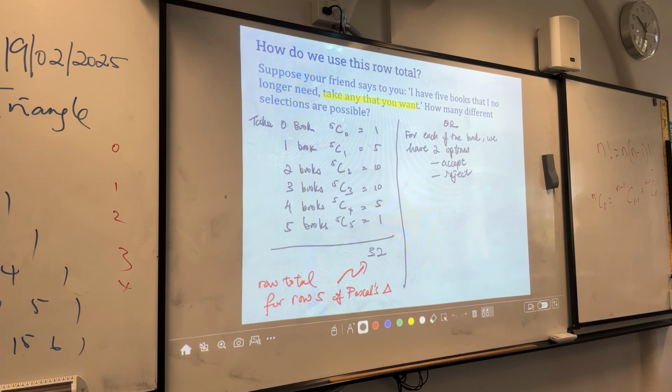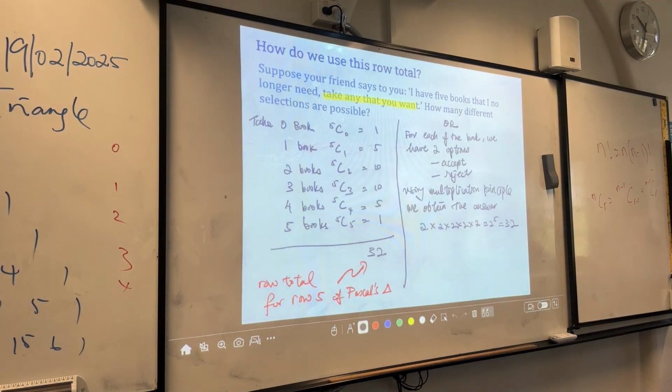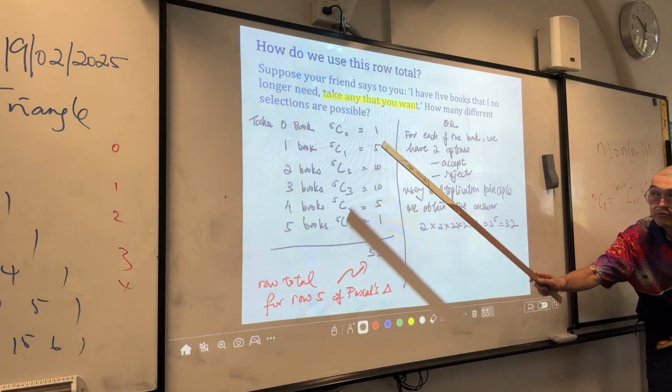That's all. There's no other option. So, using the multiplicative principle, we obtain the answer 2 times 2 times 2 times 2 times 2. Because for book 1, I pick it or not. Book 2, pick it or not. Book 3, I pick it or not. So it's accept or reject, accept or reject. So again, it is 32. So therefore, you can see that Pascal's triangle is really useful